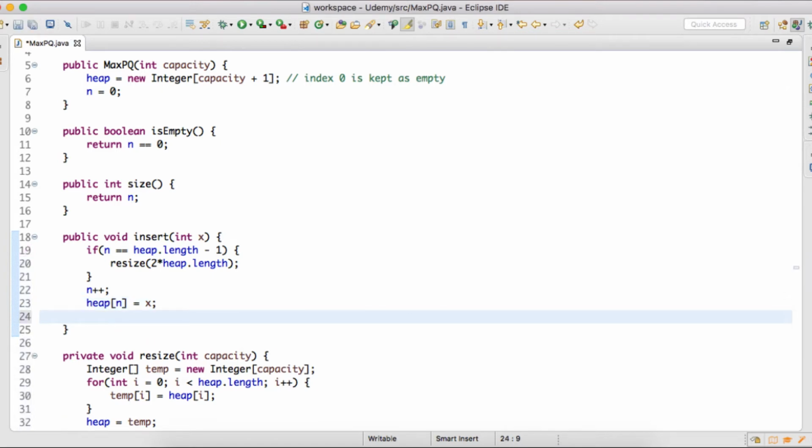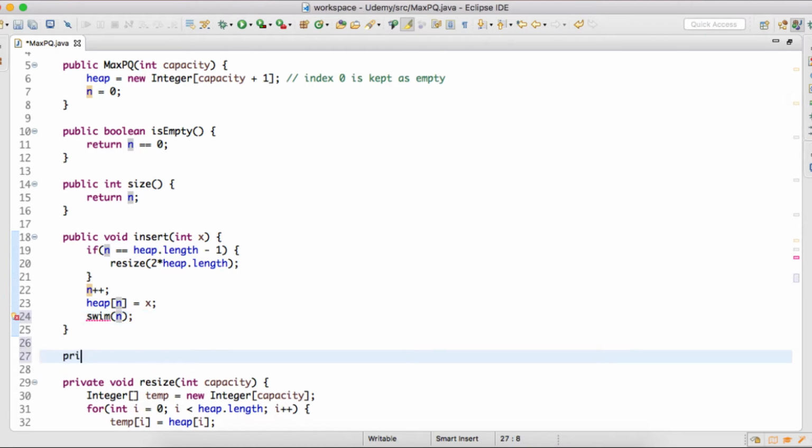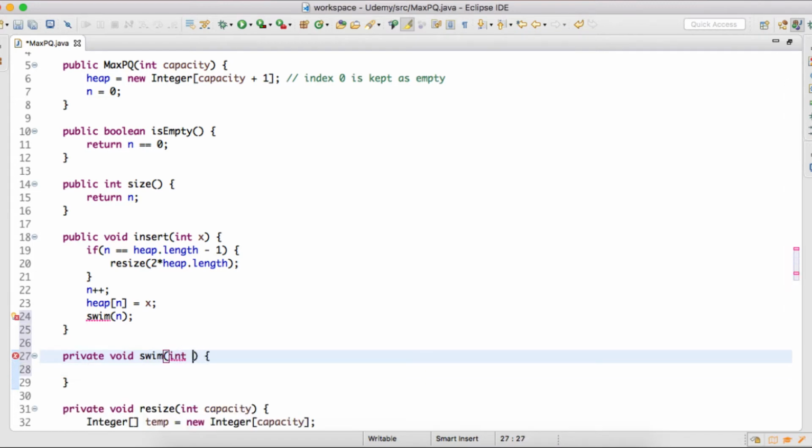After this insertion, we know that we have to perform bottom-up heapify by creating a new method swim and passing it the value n, because now we have to perform the bottom-up heapify at index n. So here we will create a new private method swim, which will take the argument where this new element has been inserted.